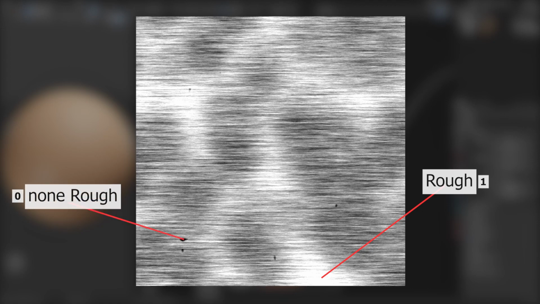So, for example, when we use a roughness map to set roughness details of a material, the places shown in white on the roughness map are fully rough on that material. All the places shown here in black are non-rough on the material. And gray areas show the mixed area of rough and non-rough material qualities.